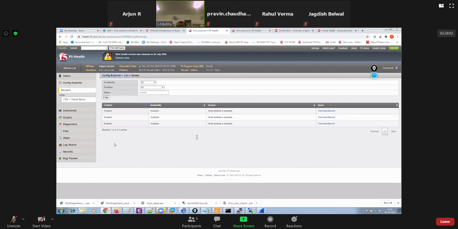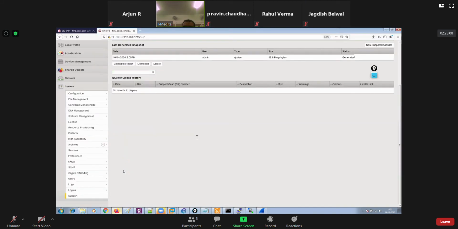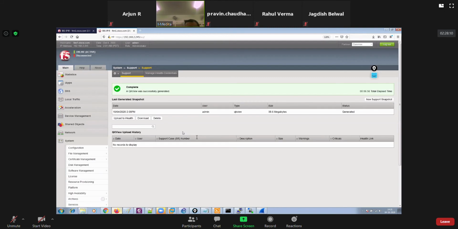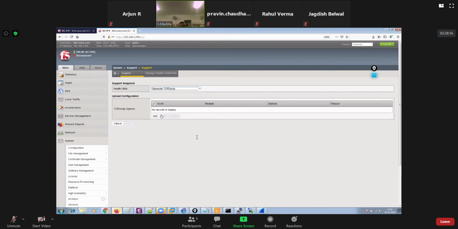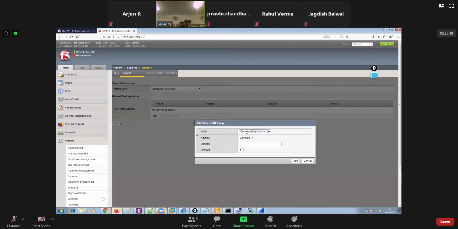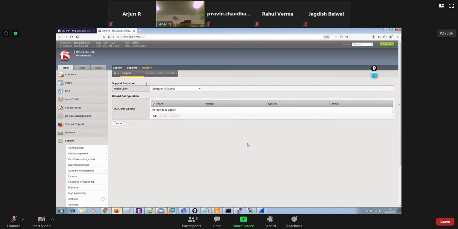So that's that piece. TCP dump is also completed, and even you could execute your TCP dump having GUI access of your box, similar to how we generated QKView file. So here you could say TCP dump, and then you could say, hey, add rule on which interface, packet, how many packets, then options, timeout, like that, and then you could just perform TCP dump, or you could perform packet captures right over here.